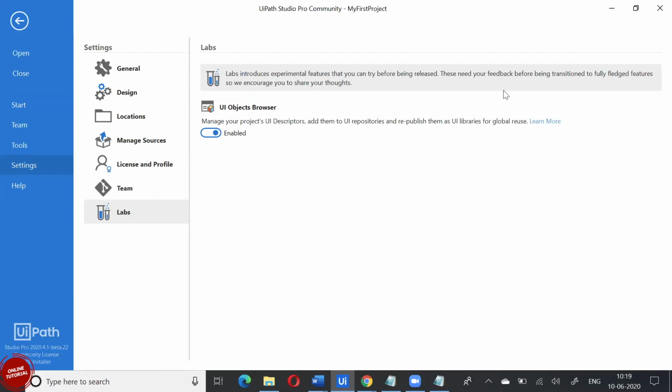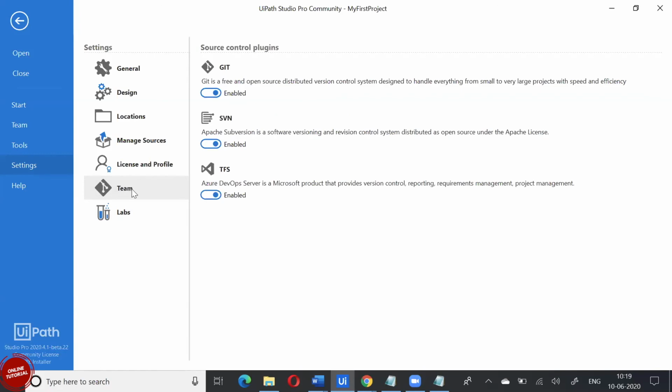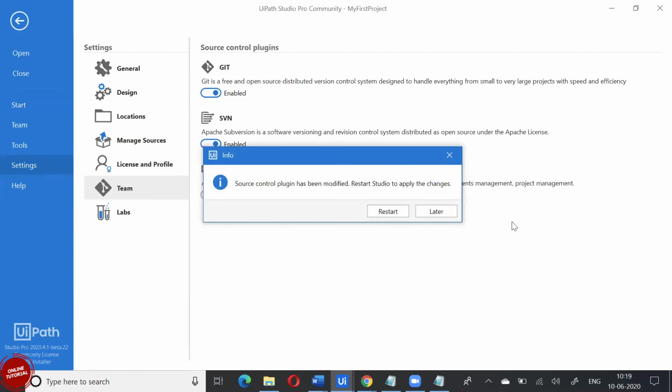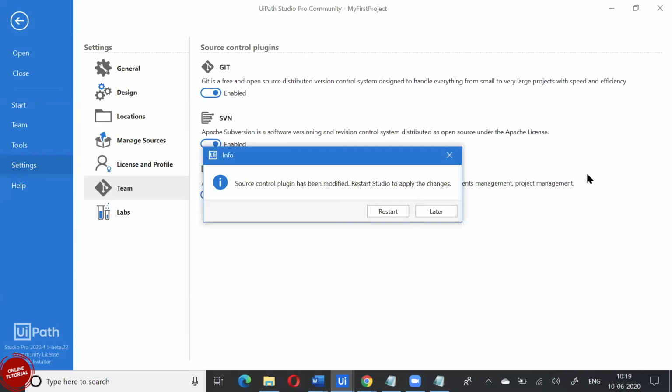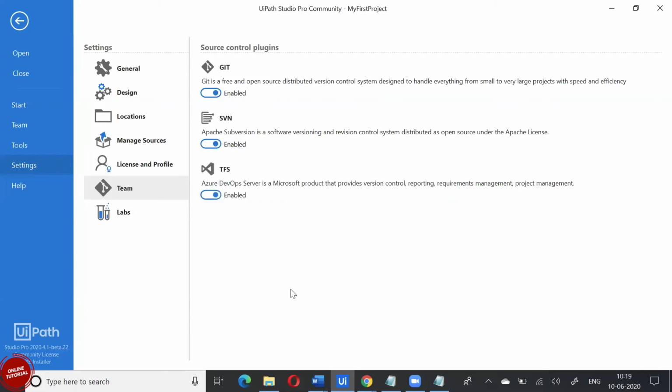But Teams, at least, is one thing we need, right? Either SVN or Git or TFS. By default, companies will keep it on. Okay. This is only for us. If you want, you can simply disable it. You can re-enable whenever you want. Even companies ask that: when they don't want it, they disable; when they want it, they enable.